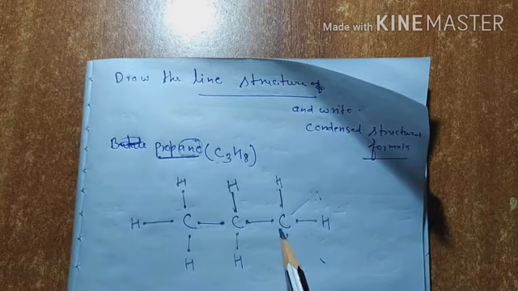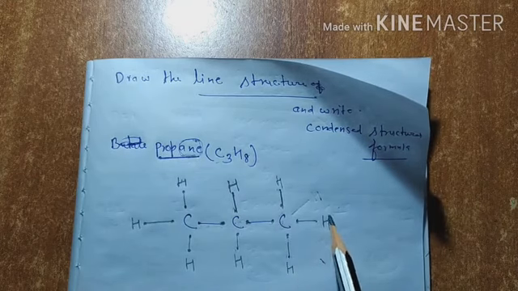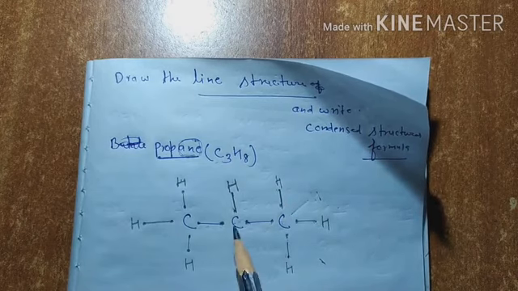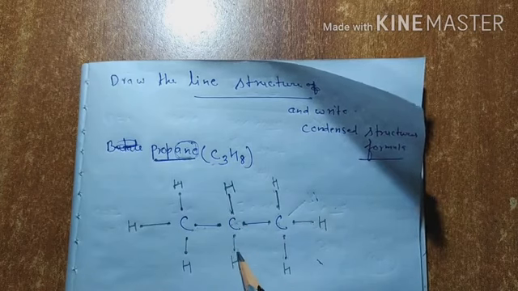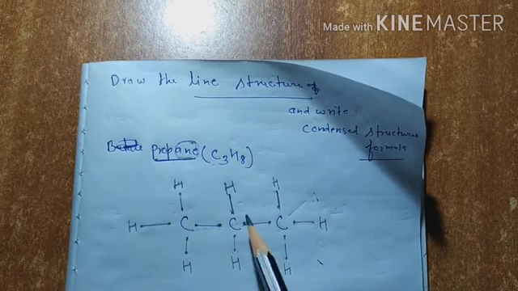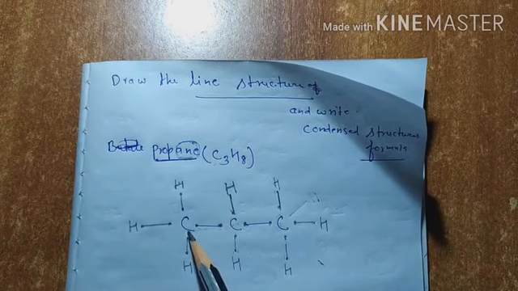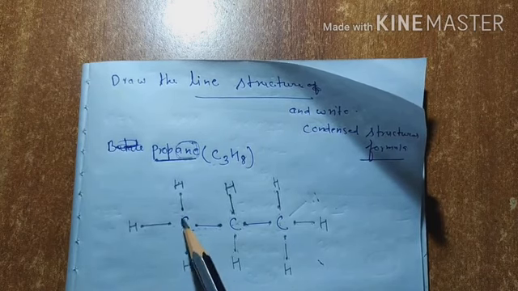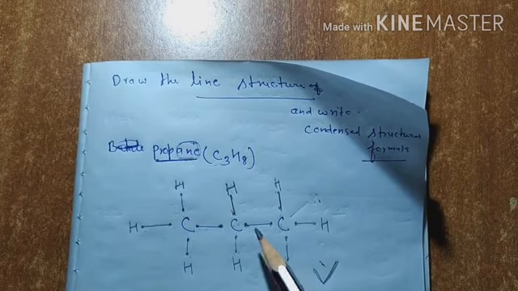If you consider this carbon atom, 1, 2, 3, 4, 5, 6, 7, 8, this is stable. If you check hydrogen, 1, 2 is stable, 1, 2 is stable, 1, 2 is stable. Carbon, consider this one, 1, 2, 3, 4, 5, 6, 7, 8, this is stable. Similarly, this carbon atom, 1, 2, 3, 4, 5, 6, 7, 8, this is stable. So now this is the correct line structure of propane.